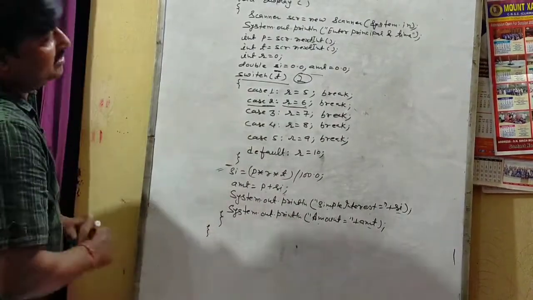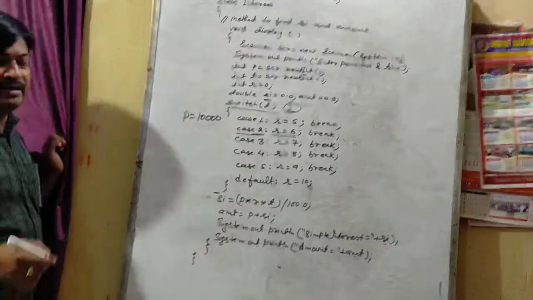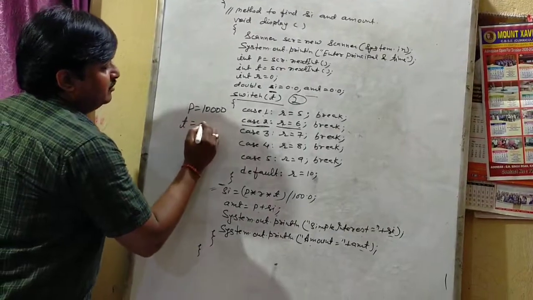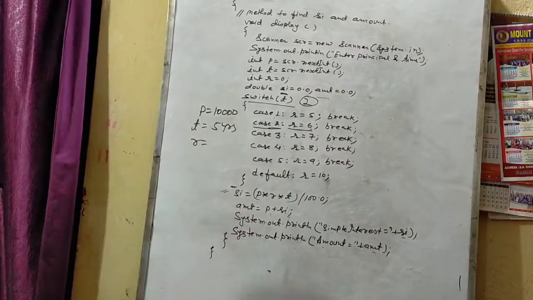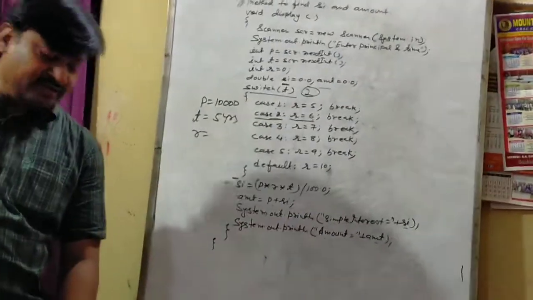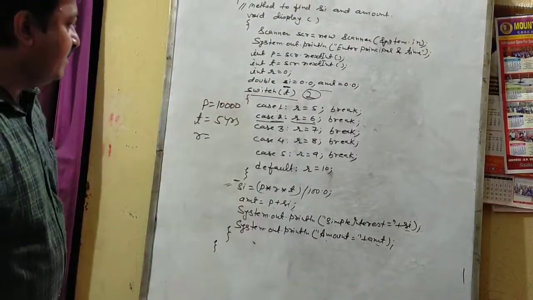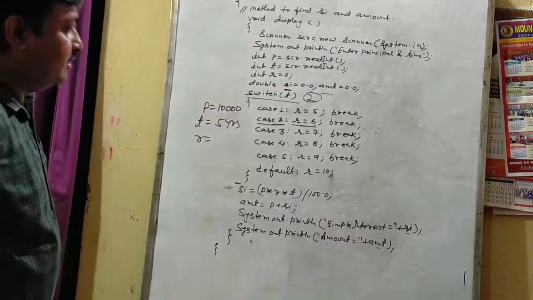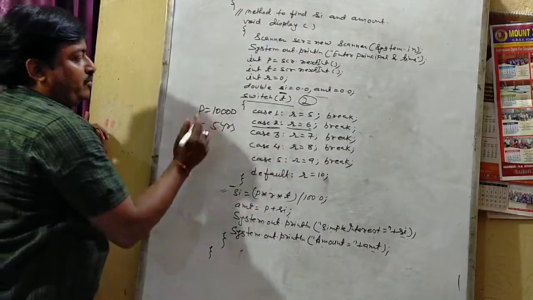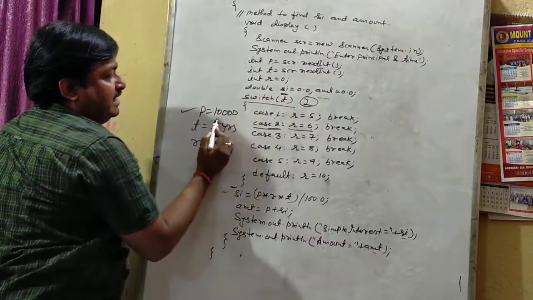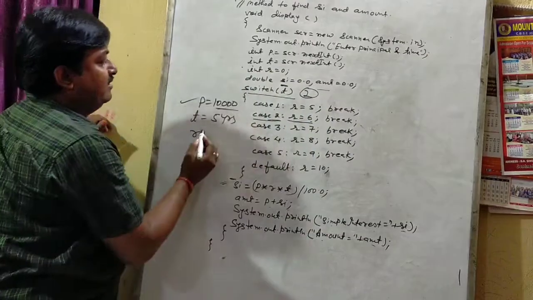Let's say principal will be 10,000. This time it is 10,000, and time is equal to 5 years. So what should be the rate? According to the question, for 5 years time, rate will be 9%. Let's check using the program whether the rate comes out as 9% or not. So P equal to SCR.nextInt, we have entered 10,000. Time T equal to SCR.nextInt, we have entered